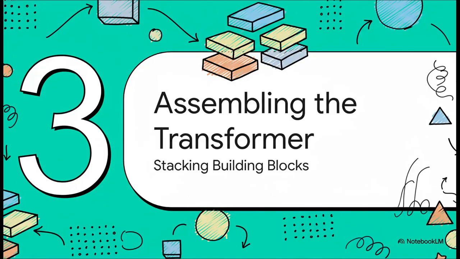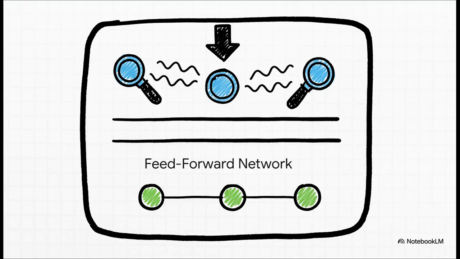Okay, so we've got our context-aware attention engine. Now, how do we stack all these pieces together to build the deep network that makes modern AI possible? The fundamental unit is called a transformer block. Each one contains our attention engine, but it's multi-head, which just means it runs the same process multiple times in parallel to find different kinds of relationships. After the attention part, all that information flows through a simple feed-forward network, which just does a bit more processing on each token by itself.